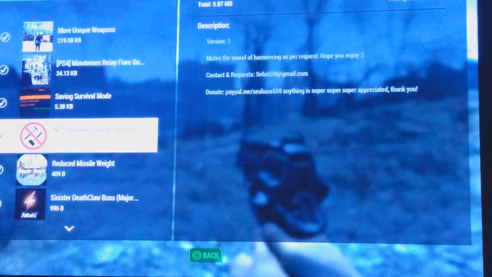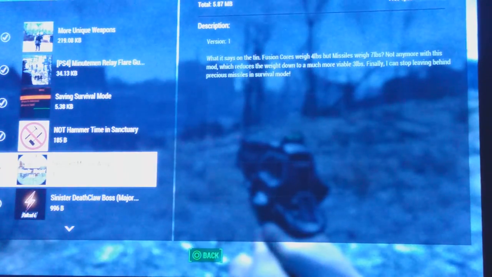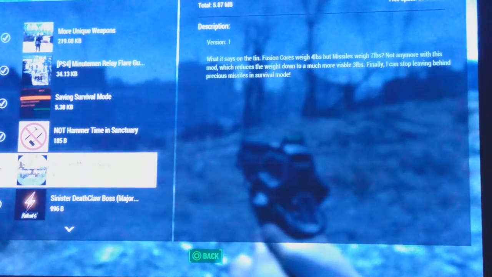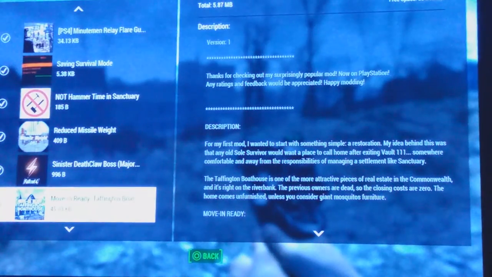This is the no more hammer time, not hammer time in Sanctuary. Reduce missile weight. Must have. That pissed me off so much because I was already irritated with so many other things when I had gotten to that point. Sinister Deathclaw boss. Definitely want to get that. Move-in ready Taffington Boathouse. I just got that because